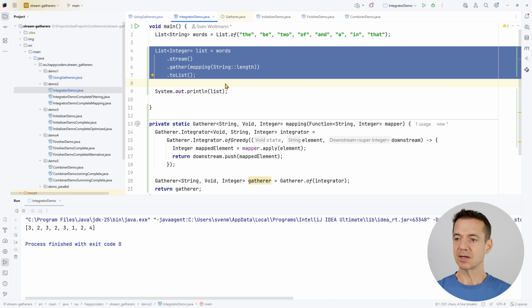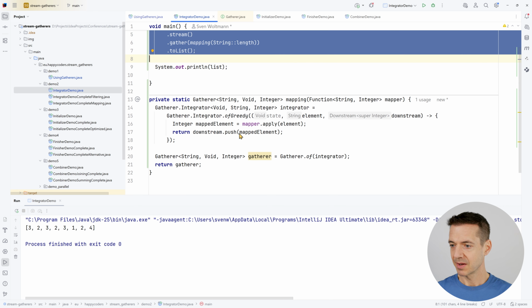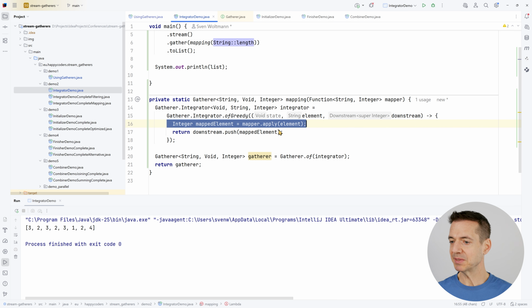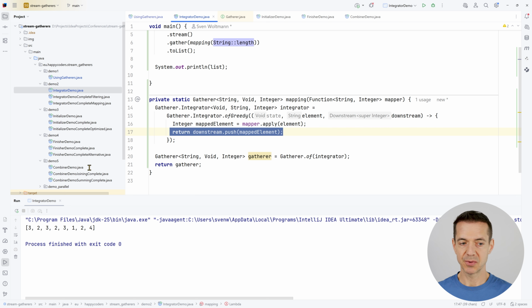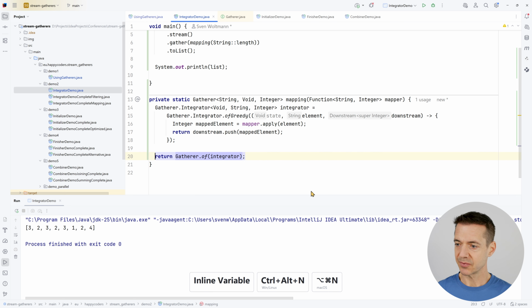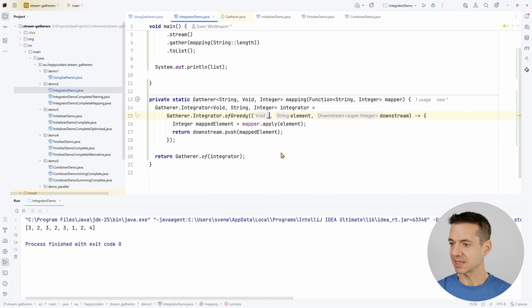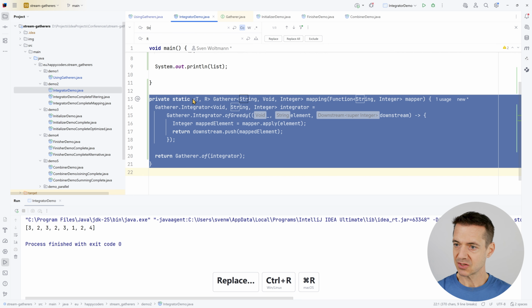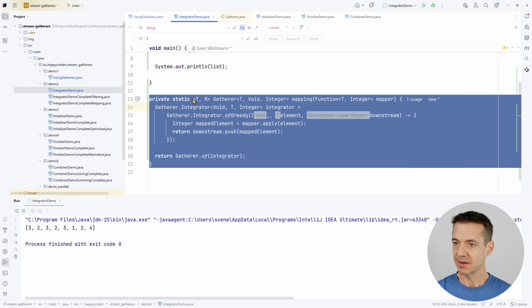And this looks quite elegant now. And here below we have the code for this simple mapping gatherer with just an integrator that maps the element and pushes it into the downstream. We can inline the return value here, and the unused state variable can be replaced with an underscore since Java 22. And if we now make this method generic and replace string with T and integer with R,